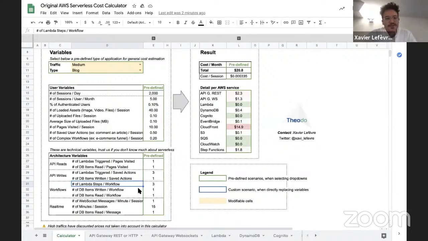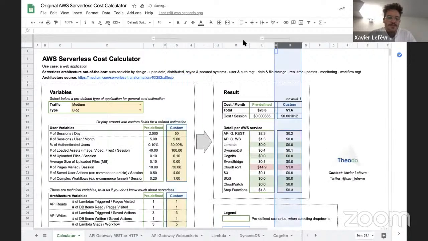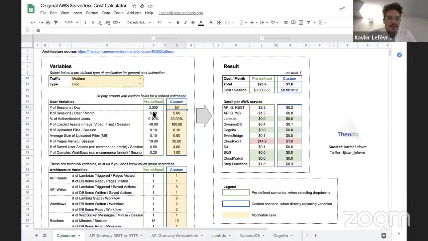You can change those, but you need to know a little bit about serverless to be able to do that. If you don't know about serverless, you can trust those, and change them if you have more advanced data, and still see the output, which is going to have a meaning. If you want to change it, there are dedicated columns which we call custom to be able to do that. So let's say it was the same basis. No, it's 10% and 30% because I was in e-commerce. Okay, so the only difference now is the number of sessions per day.